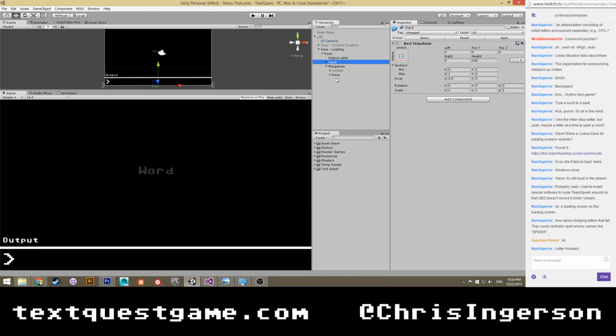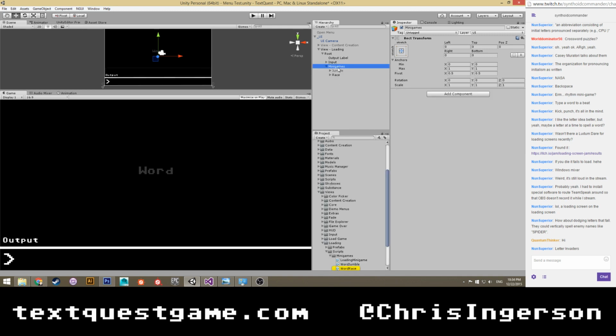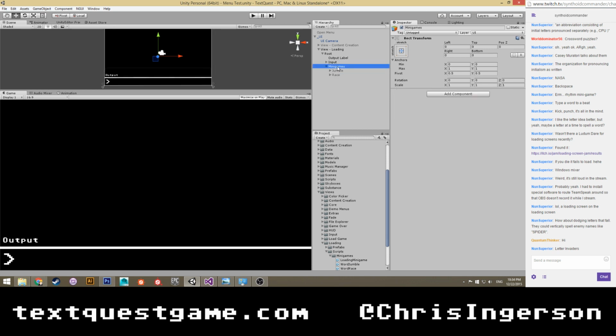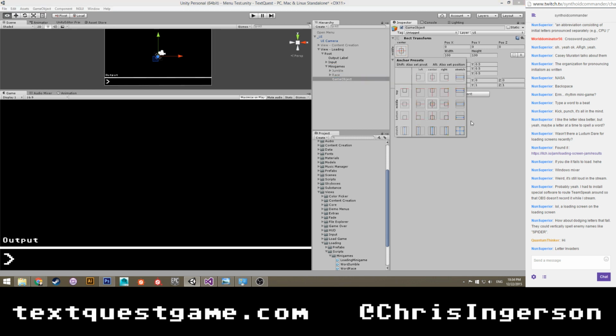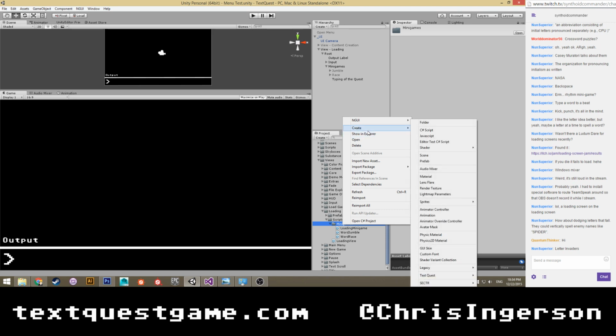So I'm gonna try that real quick. So let's go ahead and turn this off. Turn you on. Oh, I can't think of a better name than Typing of the Quest. I want to say Defender, but I don't think that's right.